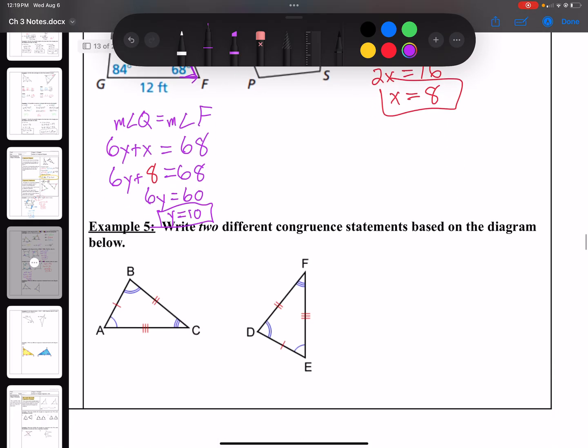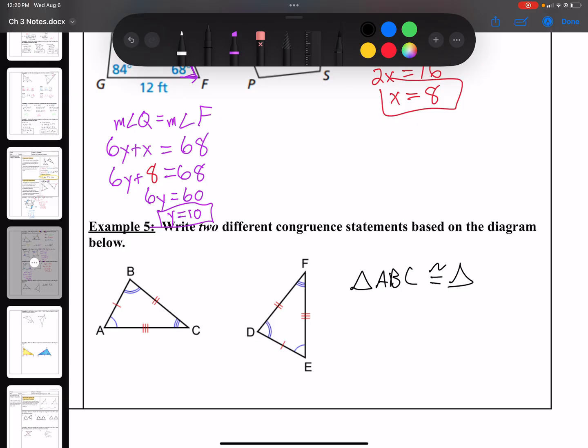Next problem says write 2 different congruent statements based on the diagram below. Okay, now if I'm writing a congruent statement, the one triangle is congruent to the other. It doesn't matter how you name the first one. I'm just going to go alphabetical and name the first one ABC. Now, it didn't matter how I named that one, but now the order matters because you want to look at